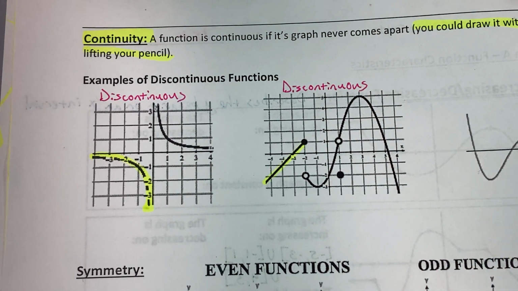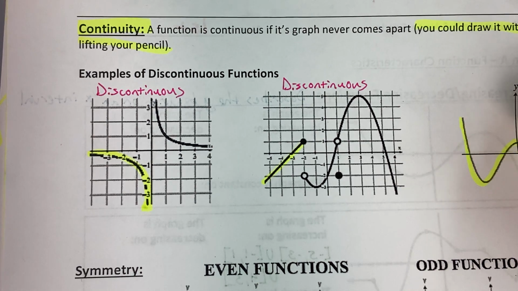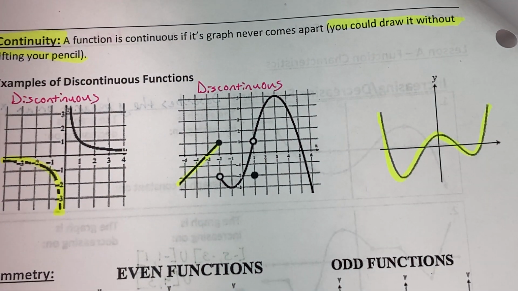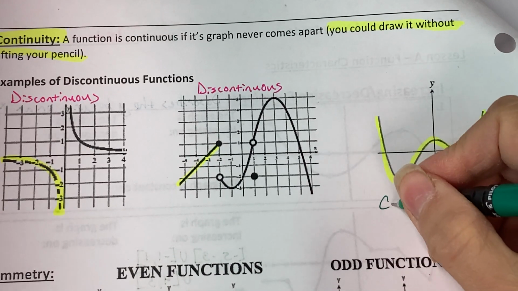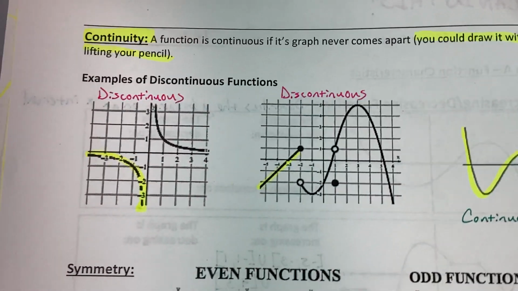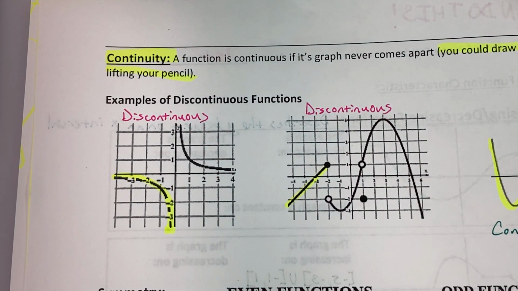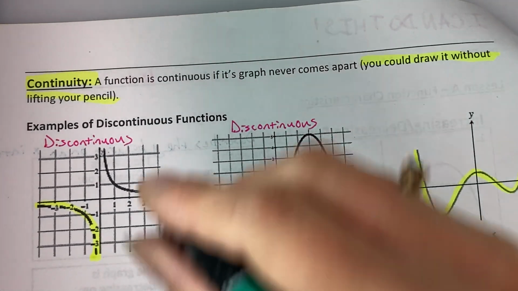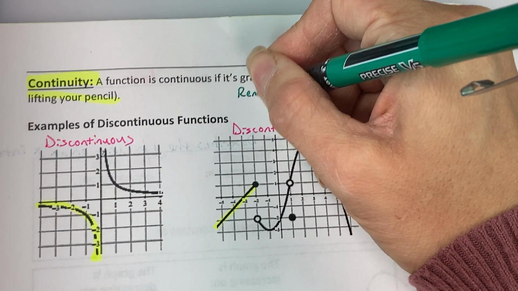Now, this function, this polynomial-looking function, we can draw the whole thing without lifting our highlighter at all, so this would be a continuous function. And those properties lead to some things with the domain, typically things like asymptotes or holes or undefined values. So folks, we're going to get into a more specific definition for discontinuous because there are two types of discontinuities that we can have. We can have a removable